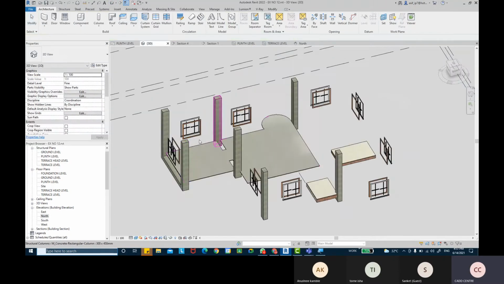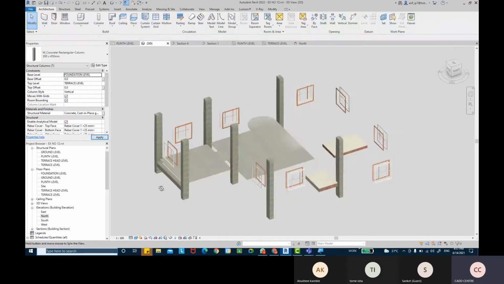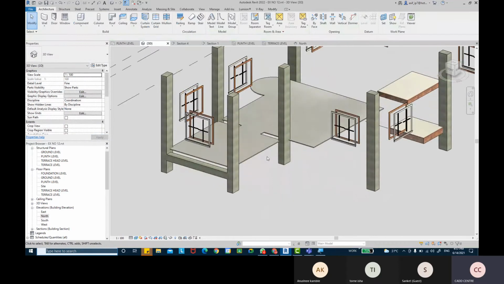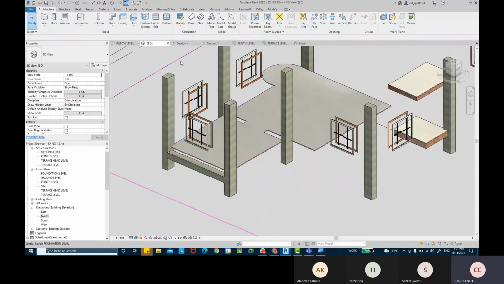You can take these columns up to the foundation level actually, instead of taking till the ground level. And create the footers as well, foundation footings or pile footings, whatever you want. For that, I'm going to come into that specified level.